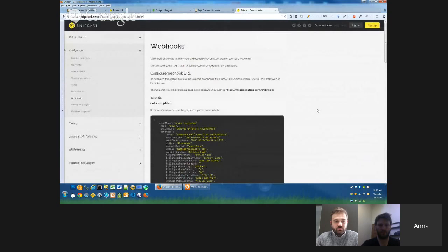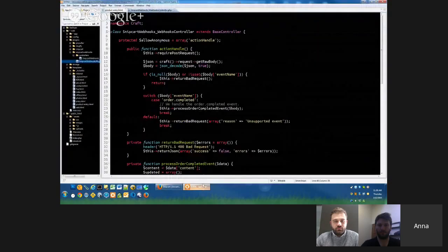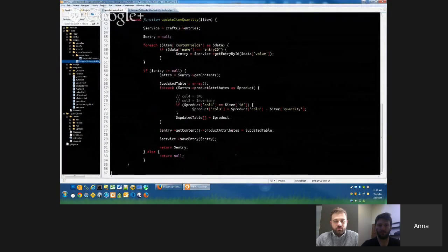I'm showing that page now on your docs. I didn't get too deep into this, and really what I used was code that you guys had already written, the inventory reduction code,